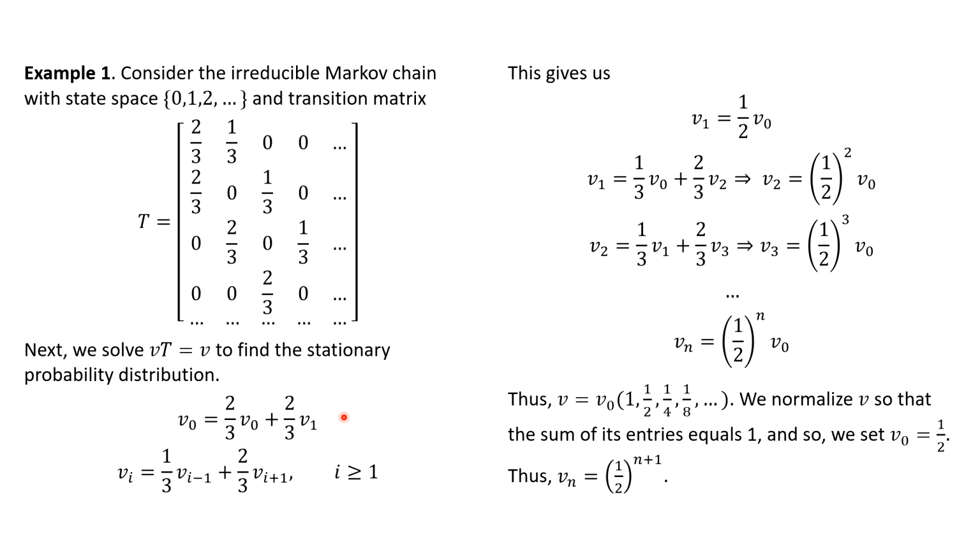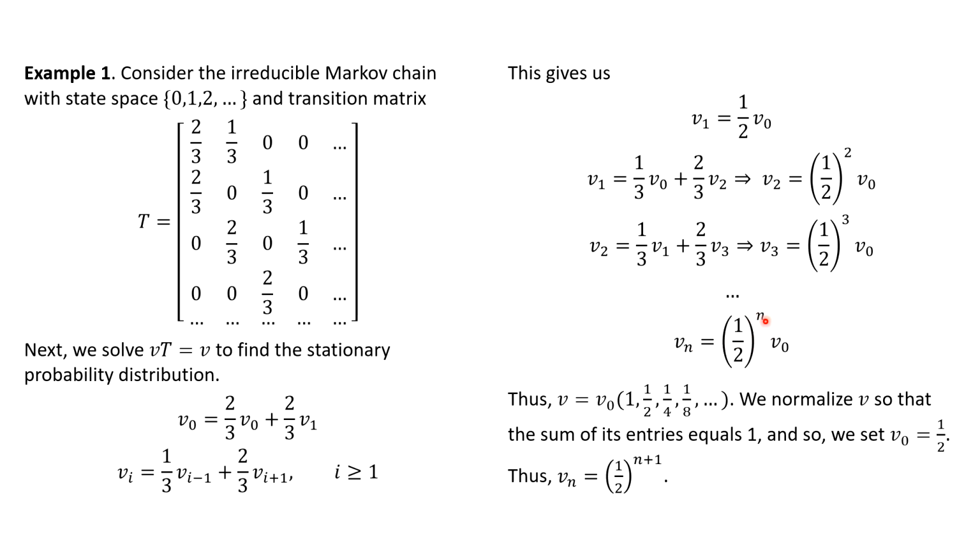And then this is enough to find our v. We first solve this first equation for v1 in terms of v0. Then we plug v1 into this, we get this here, and we put v1 in here, and then we get this in terms of v0, so we can solve for v2 in terms of v0. We get this, and then we put v2 in here. We get this equation, and we plug in v2 here, v1 here. So these are both now in terms of v0, and we can solve for v3 in terms of v0. We get this, and then the pattern continues.